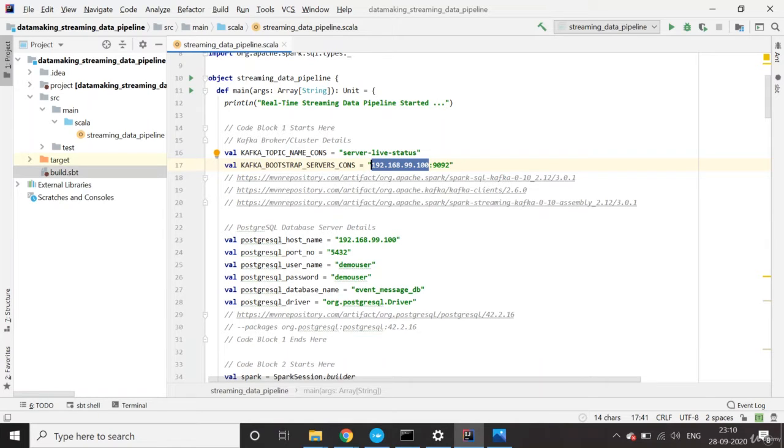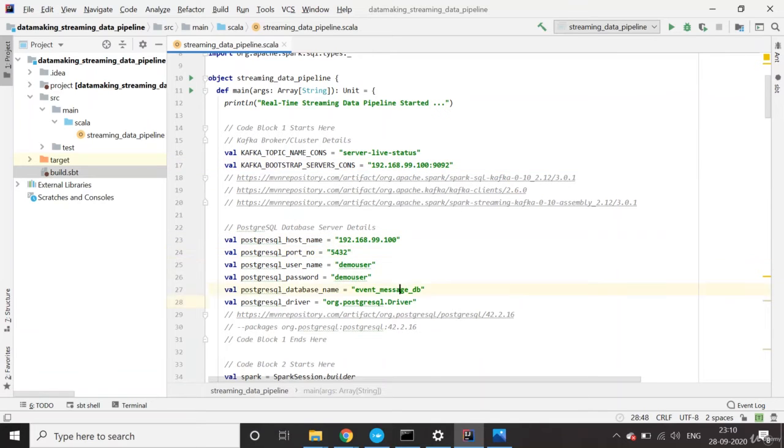We are running the Kafka broker as a container. Whenever you install it on Windows, this is the default IP address you get. If you are using a remote Kafka broker, you can use it as long as you have access to it, and change the IP address and port number accordingly.